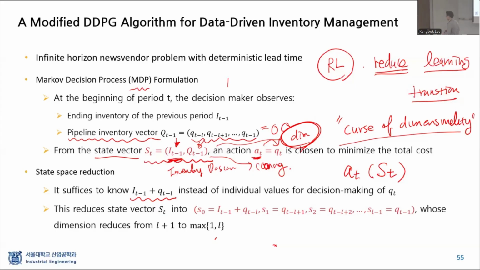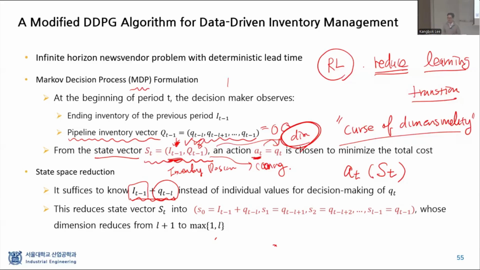So instead of knowing all the different numbers one by one, it's actually good to know the summation of two numbers: the inventory position of the last time period, my starting point, plus the inventory of T minus L, whose order is coming next time. Then it suffices for me to make the inventory decision based on my knowledge of the lead time,